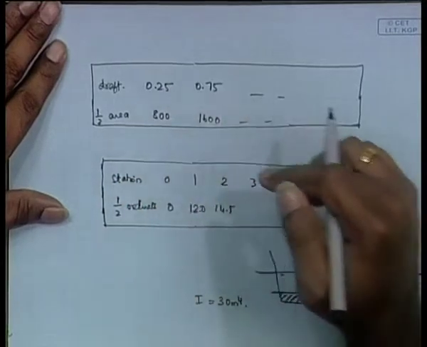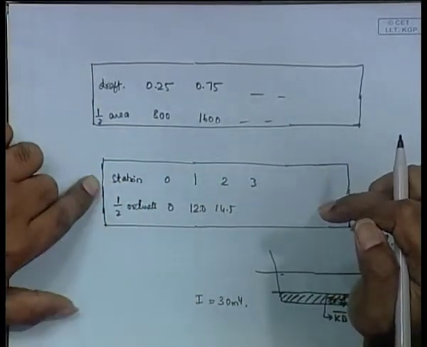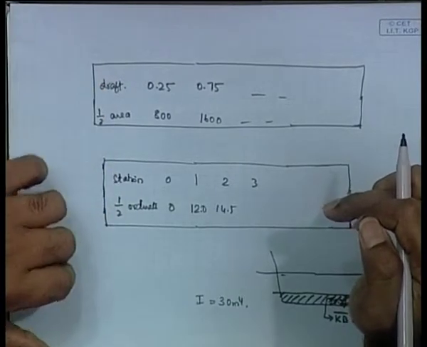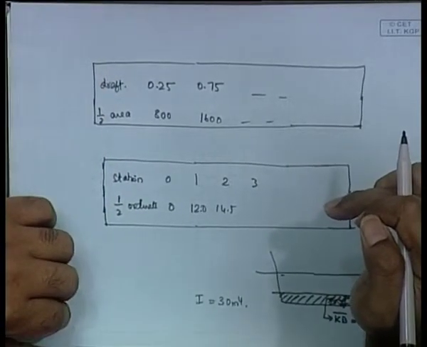To continue from the last class, you are given a couple of conditions. First, I explained two tables already. You are told that, given the draft and the half areas, first table. The second table gives you the stations and half ordinates. So two tables we have already defined, and